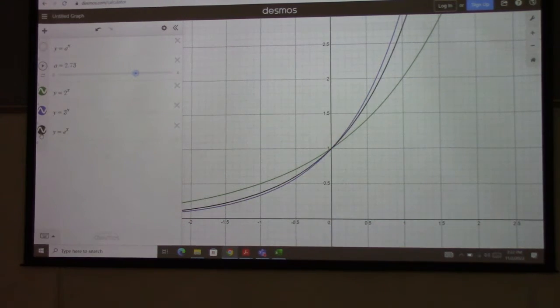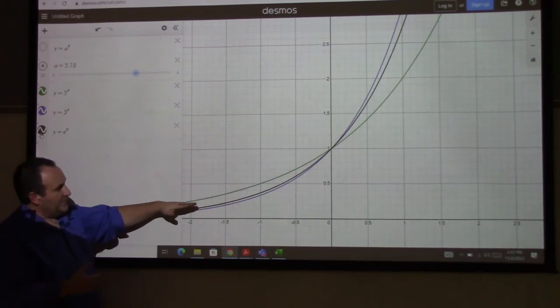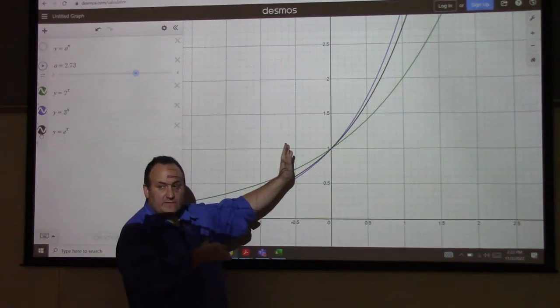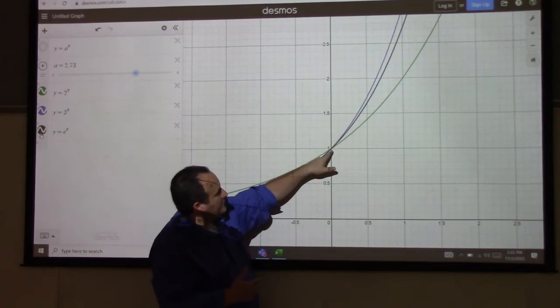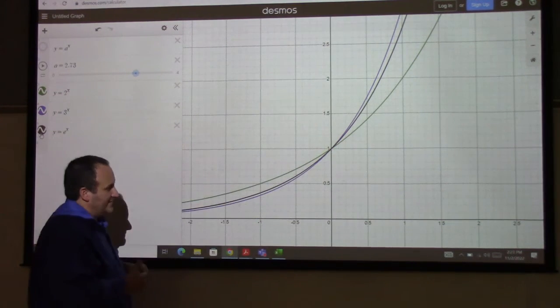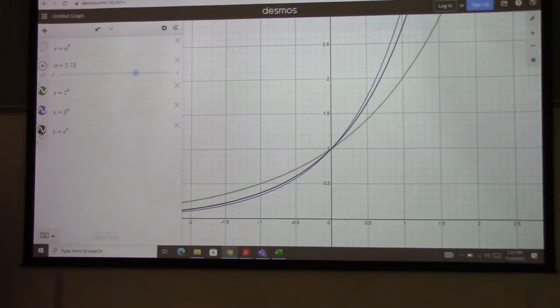So y equals e to the x, I've got in black down here. It's the exponential function that is between 2 to the x and 3 to the x, which when you go through the origin, has slope 1. This is a very special case. It's called base e. And so, by definition, f of x equals a to the x is an exponential function